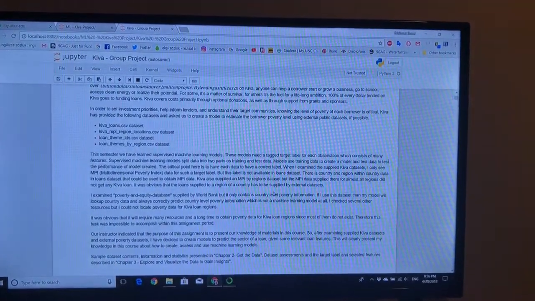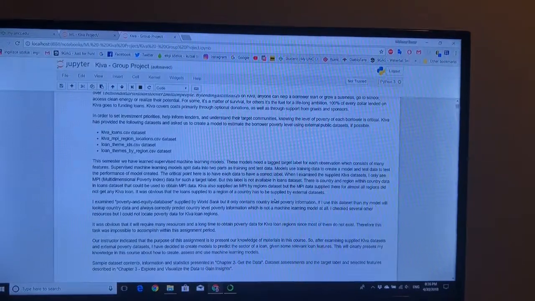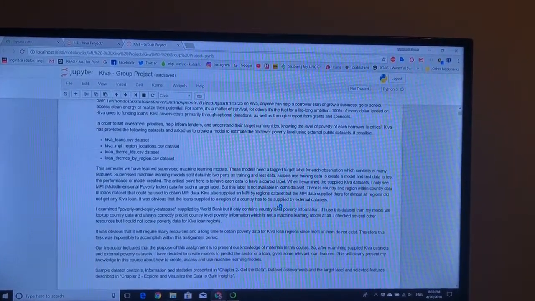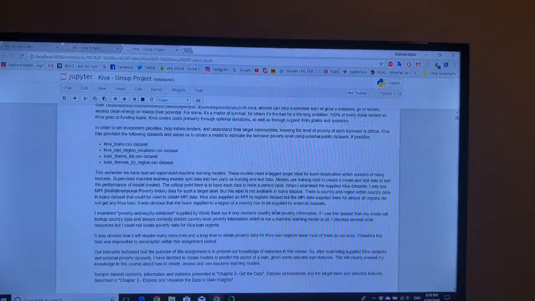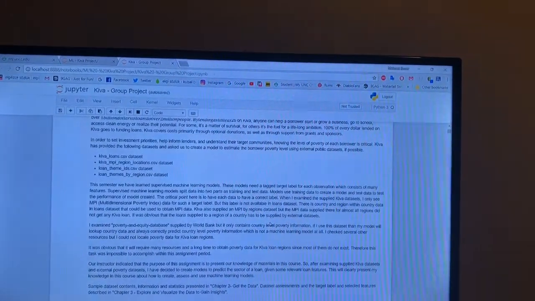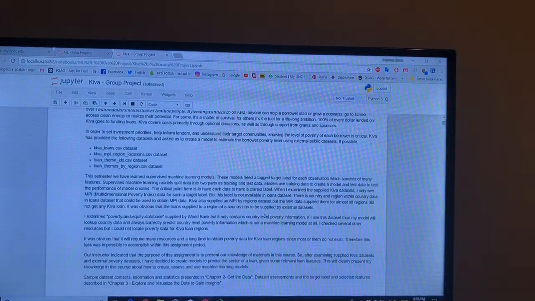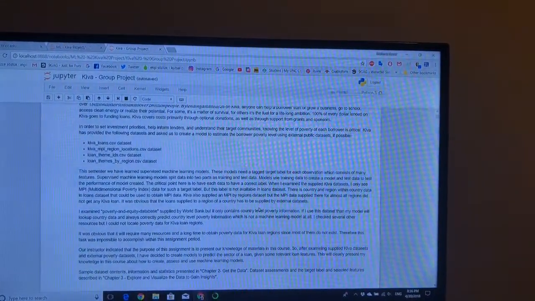When I examined the supplied Kiva datasets, I only saw multidimensional poverty index data for such a target label. This label is not available in the loans dataset. There is country and region within country data in the loans dataset that could be used to obtain MPI data. Kiva also supplied an MPI by regions dataset, but for almost all regions the MPI data supplied there did not get any Kiva loan. It was obvious that the loan supplied to a region of a country has to be